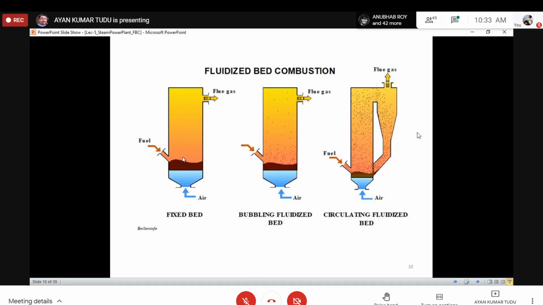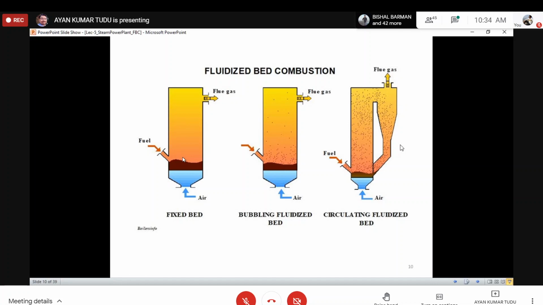Moreover, it is very difficult to describe how the flow of gas will be behaving. That's why it is a totally unpredictable, complex behavior of this flow of gas, because of which it requires extensive research and experimentation. And it is very difficult to control the carbon carryover with the flue gases, because you can understand that since we are entering the air from here and the flue gas is coming out from here, the carbon content can be high in the flue gases.